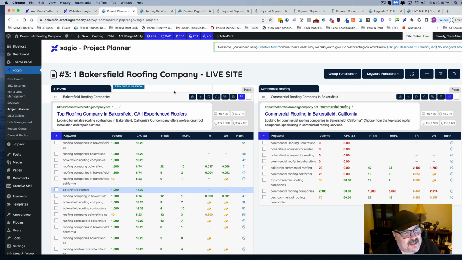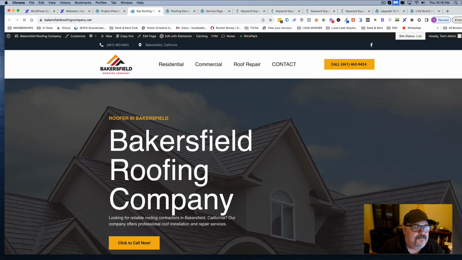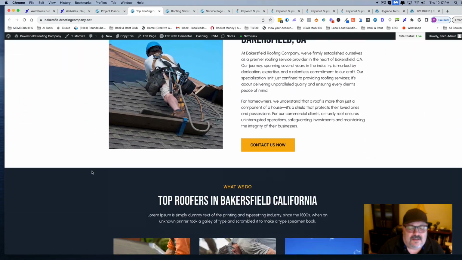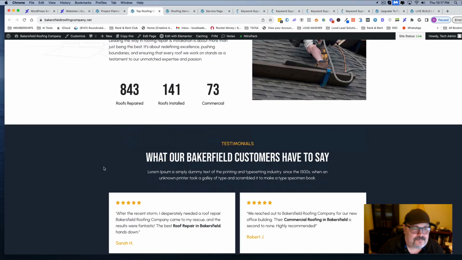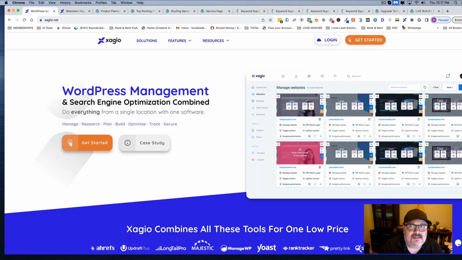And then I will try to rank that out. Once I start seeing some rankings, I will actually try to rent that out to somebody, and we'll go from there. And then this is what it currently looks like for me. It has my little template going. I changed the template out a little bit, and have it going: residential roofing, roof repair, commercial roofing. So yeah, that's why I'm really, really stoked about this.